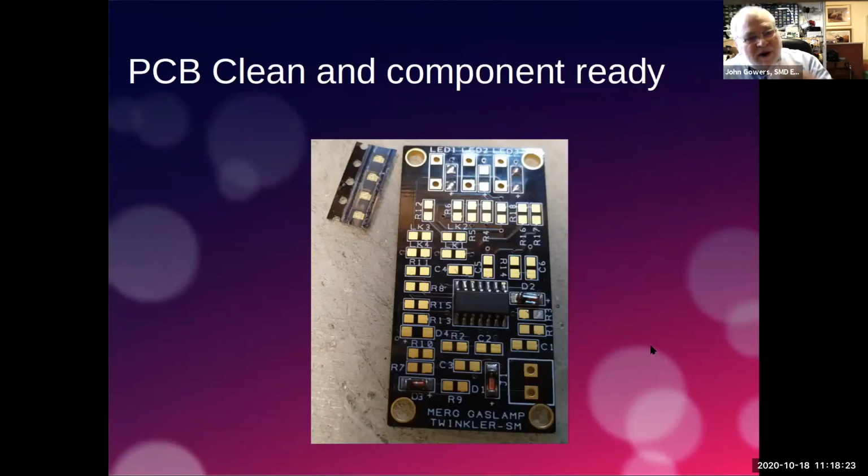So we get the board ready. We lay the board on the surface of your workbench. Somebody was talking about using blue tack yesterday, and actually I said for through hole I didn't think it was worthwhile. However, for surface mount, particularly if it's a one-sided board as this is, you could put a little bit of blue tack underneath this board just to keep it steady on your workbench so it doesn't scoot